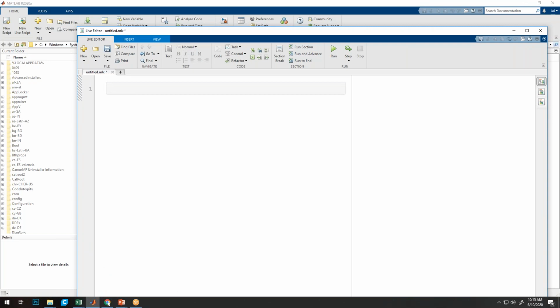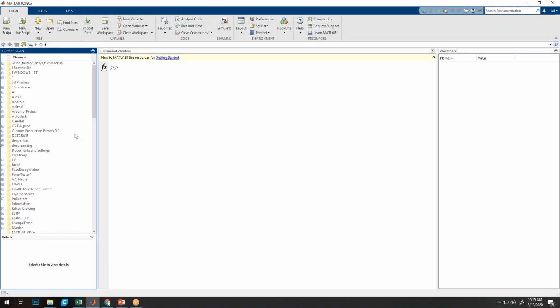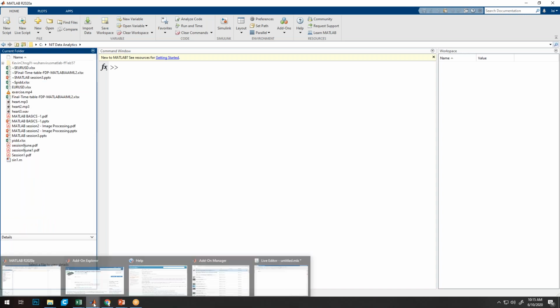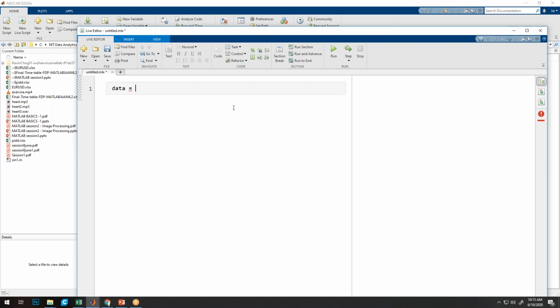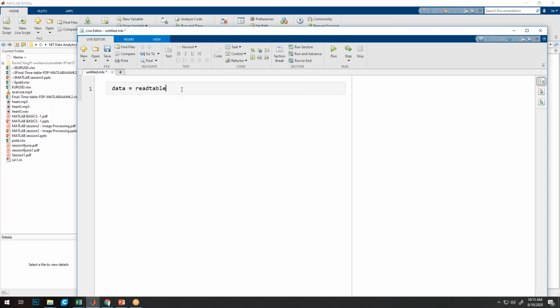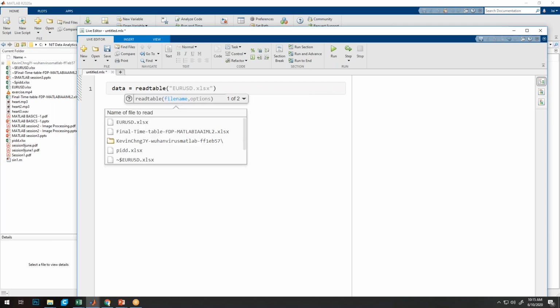A is equal to data is equal to, first I'll change my parent directory into the folder where I have all the files. Data is equal to readtable. Why are we taking a table? Because a table is the more general and best approach in order to include all types of data. We have seen that if we use xlsread, then it will only take numeric data. But in a table, whether the data is in string format, number format, date and time format, or categorical data, everything will be included.